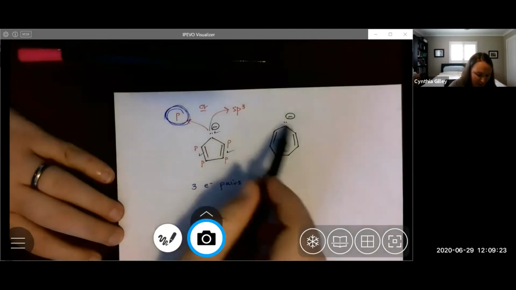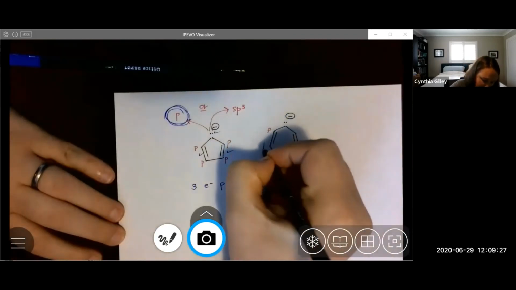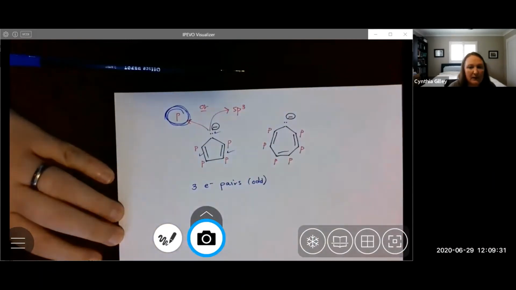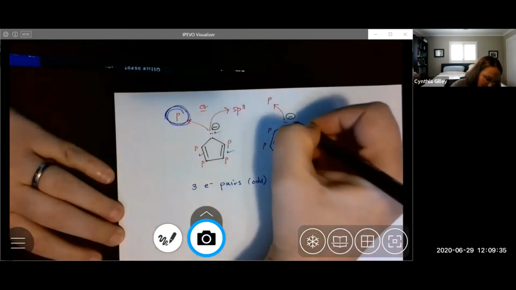If we contrast that over here and do the same sort of analysis, there are p orbitals here all the way around, and we don't know, right? Is this going to go p or